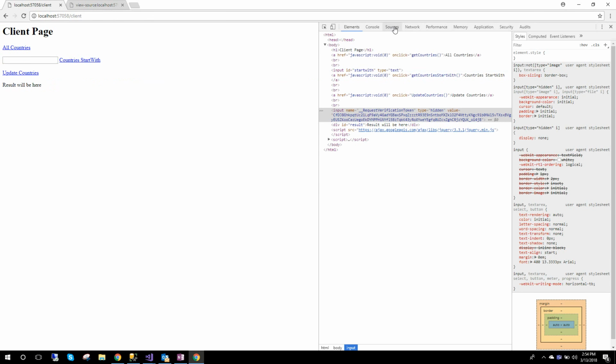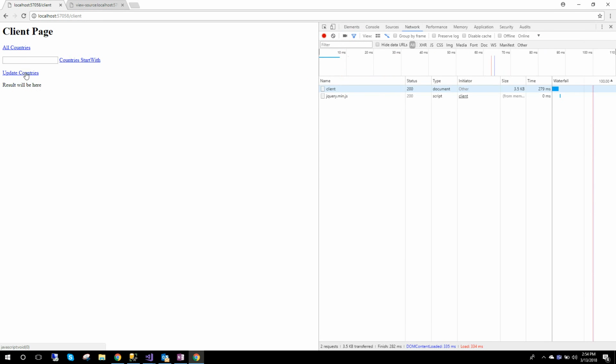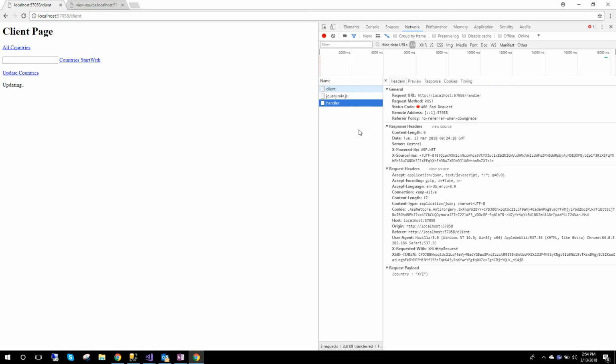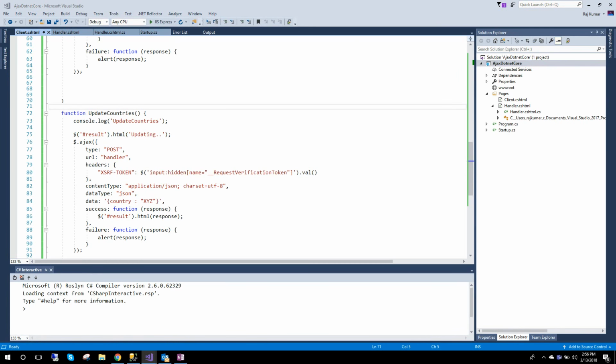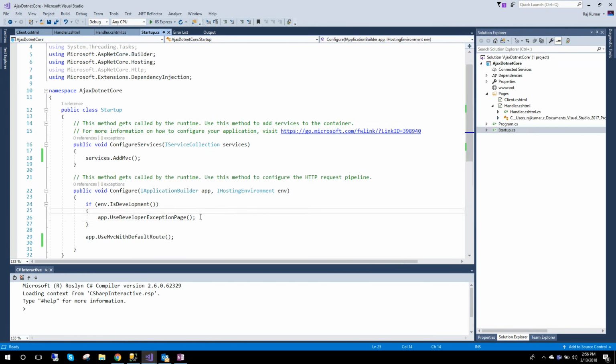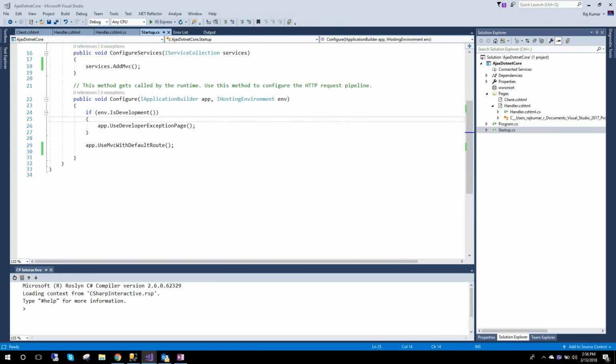And now looking into the network section, what we can see is still a 400 bad request. So now we need to enable something in the Startup.cs, so that whatever header we are sending as the anti-forgery request token, we can resolve it. For this, we are just going to add one service in the ConfigureServices section,